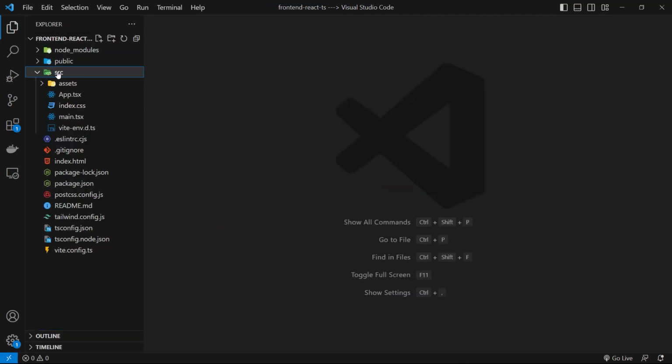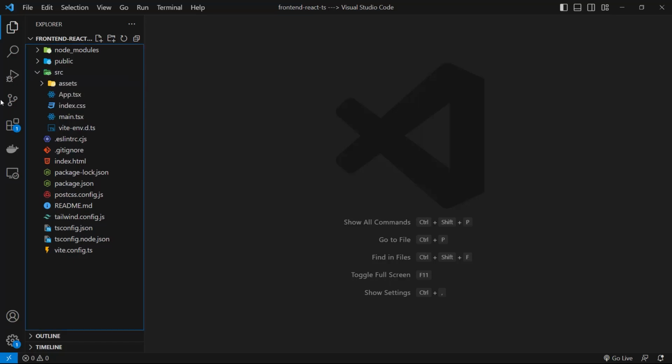So we created the configurations of our Tailwind CSS, and after that we can create our folders and our files and implement our functionalities. So let's start by creating our folder structure. Always you need to have good folder structure for your project. It's really important to keep your project clean and maintainable. So let's do this. We have src, and inside of this src I want to have some different folders. So let's create them. For example, the first thing is inside of this src I want to have an asset,